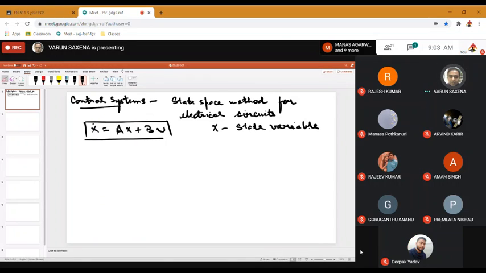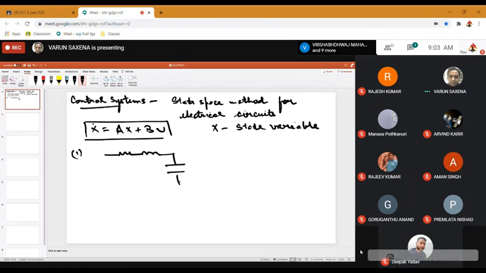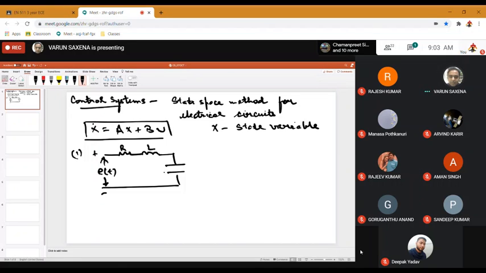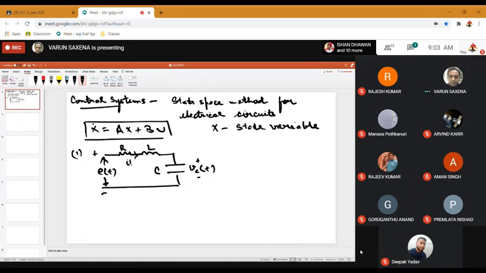So we'll begin with the first example, and it's a simple RLC circuit, and as the input, suppose I give you a voltage e(t). So you have R, you have L, you have C. Let's say that the voltage of the capacitor is VC, positive, negative, and the current that flows is i(t).